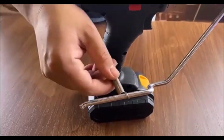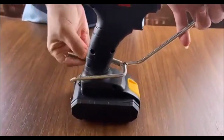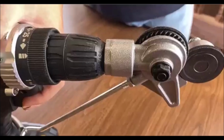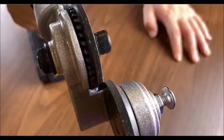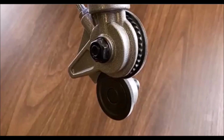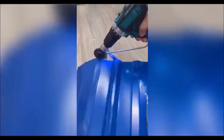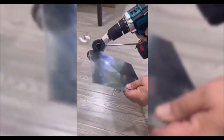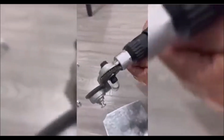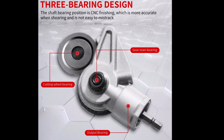Capable of cutting various materials, it handles color steel tile, 0.007 inch to 0.031 inch. White sheet, 0.011 to 0.039 inch. Copper and aluminum sheets, 0.011 to 0.047 inch. And stainless steel, 0.007 to 0.019 inch. The tool provides precise cutting accuracy thanks to its CNC finished bearing, ideal for metal trim pieces, roofing panels, and